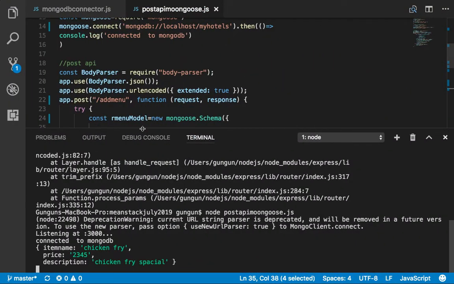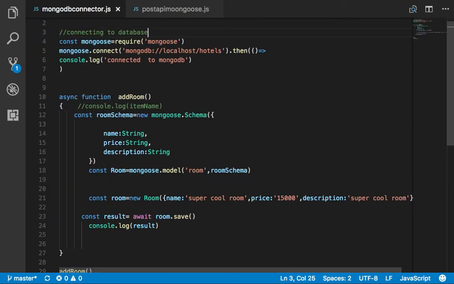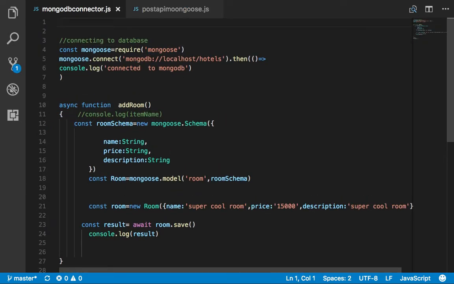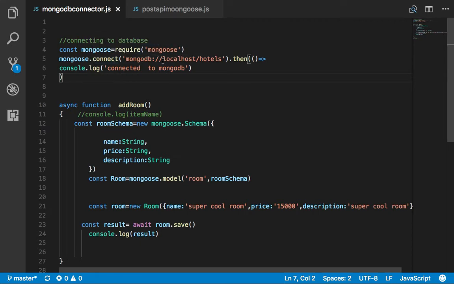What do we require? If you want to implement Mongoose, the first step is to install it. For installing Mongoose, we have the command npm install mongoose. After installing, the library is available on your end. Now you can connect with MongoDB and wrap the data. Next, you need to connect with the database.